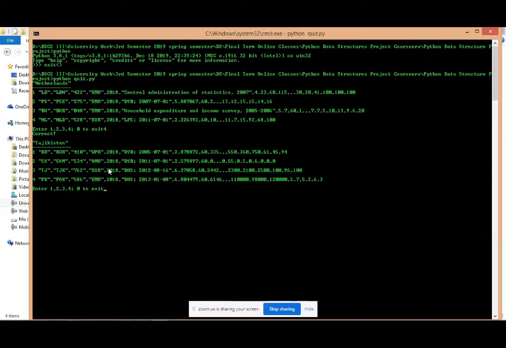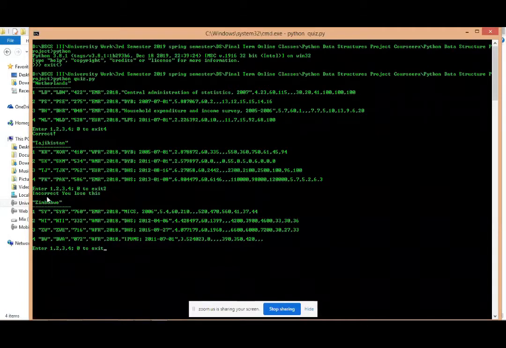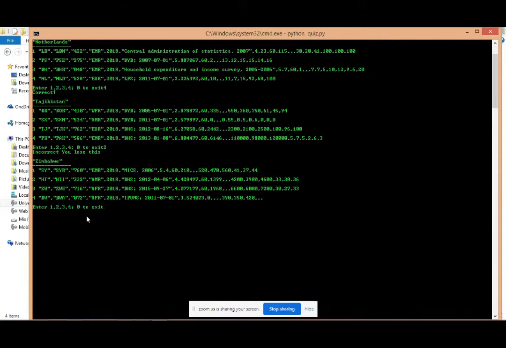And the second MCQ is Tajikistan. So Yamin, what can be the correct answer for this? The correct answer can be the third option, but let's input another option and see the output. Yeah, we are going to put two. So it's saying incorrect, you lose this, because this is the simplest project of Python. So if we give the exit command to this,